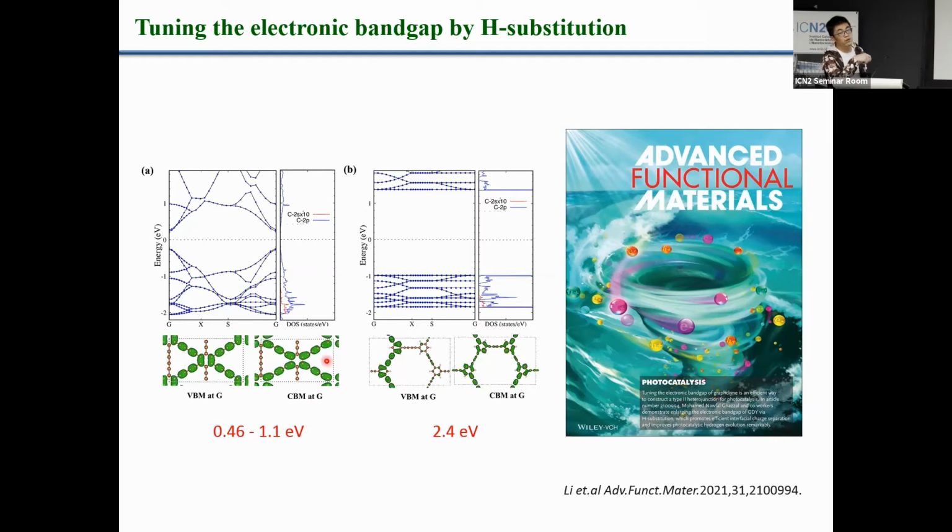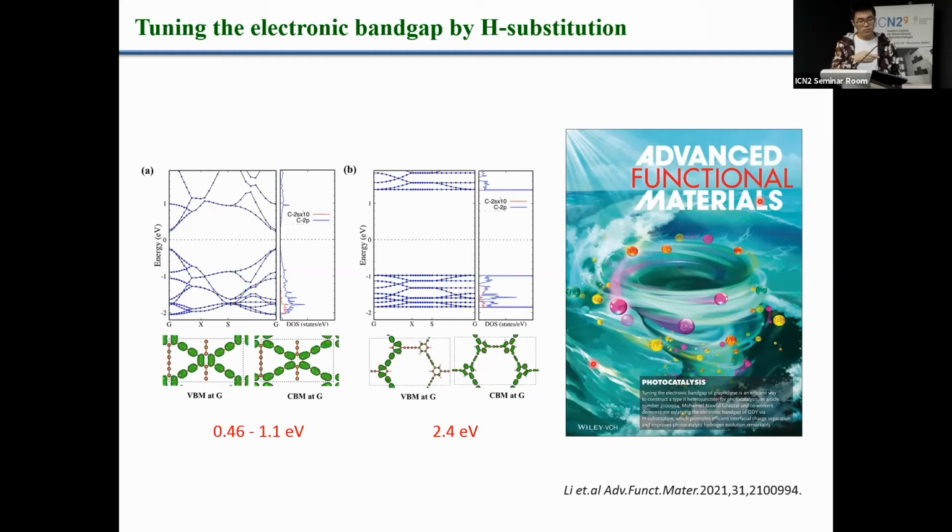If we want to fabricate a type 2 heterostructure, a very narrow bandgap is not good for the fabrication, because you should have an appropriate alignment of the energy levels. So if we can enlarge the bandgap of graphene, maybe it's better for us to fabricate the type 2